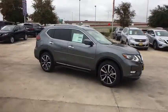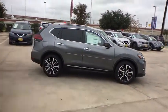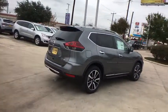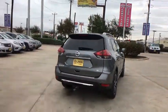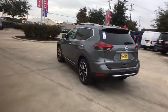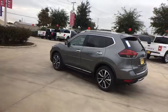Take a ride in the 2020 Nissan Rogue. The stylish Rogue gets 27 mpg and still boasts nearly 58 cubic feet of cargo space. With a 5-star side impact safety rating and confident handling, the Rogue is more than you expect and everything you